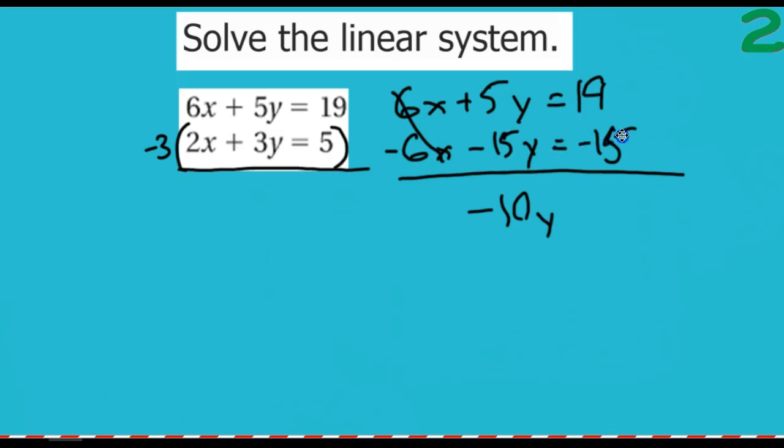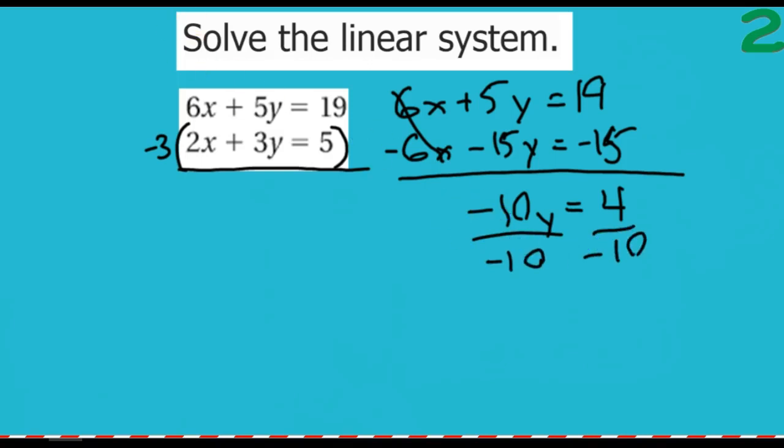And 19 plus a negative 15 gives us 4. So if we divide these, negative 10